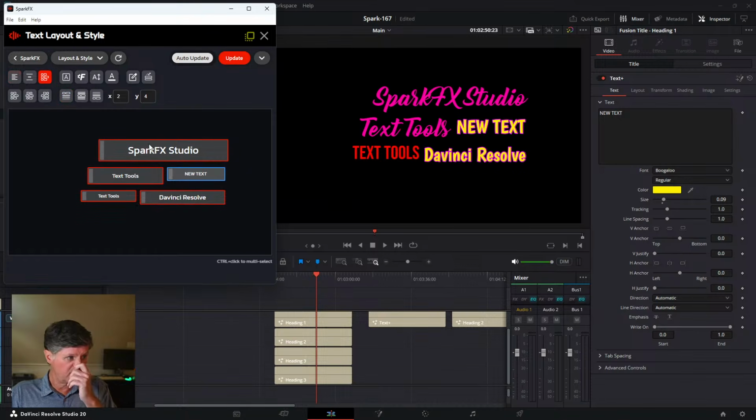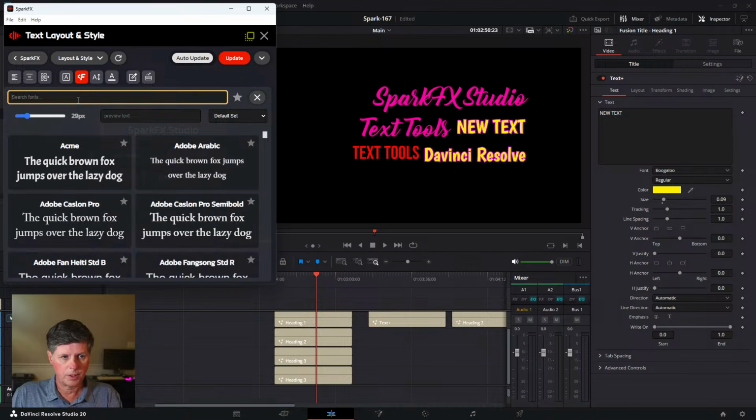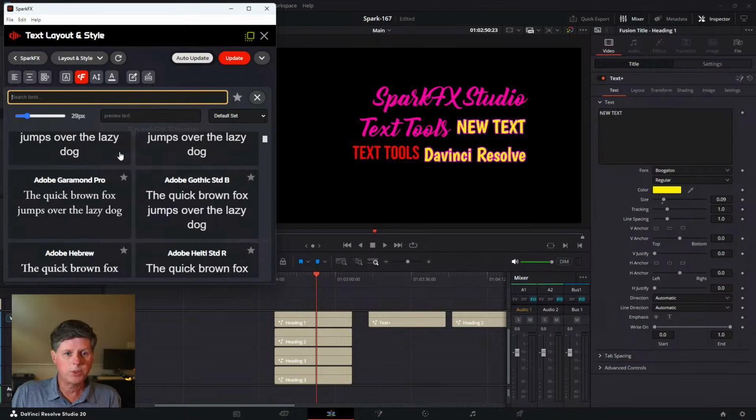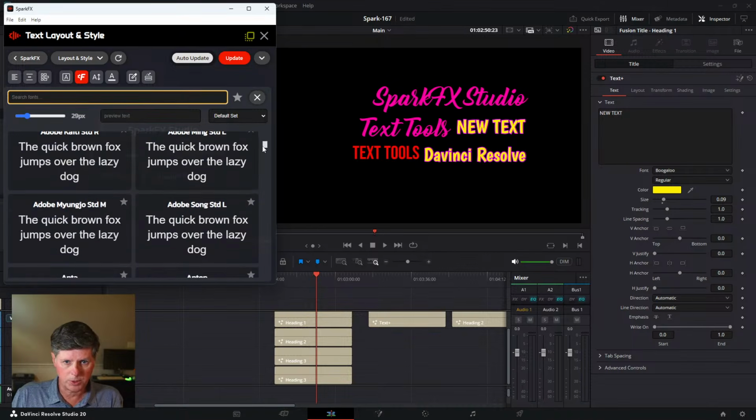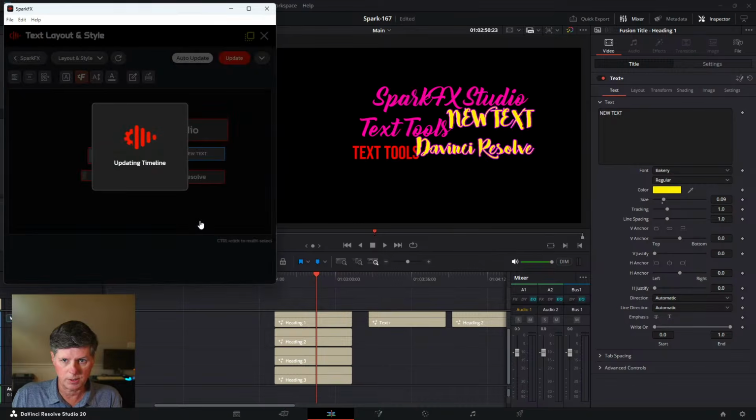Okay, the next thing is the Font Labs. So let's see here, what do we got? This one lets you visually see all the fonts on your computer. I'm going to highlight all this stuff and click this button right here, and it's going to bring up all the fonts that are on my computer. If you want to choose one of these, all you got to do is click it, and it's going to update everything